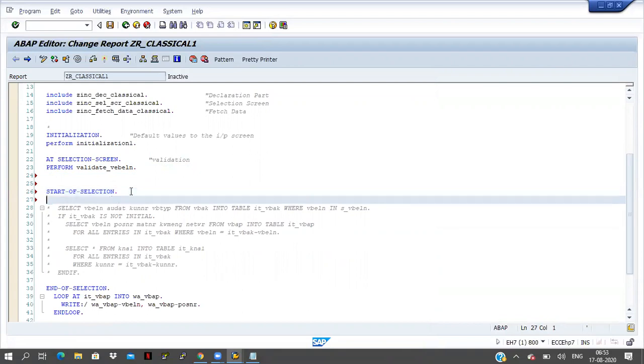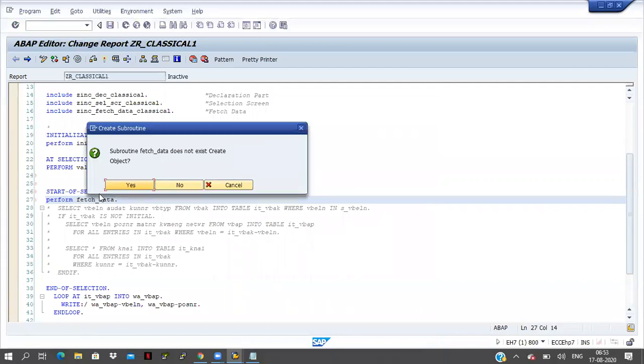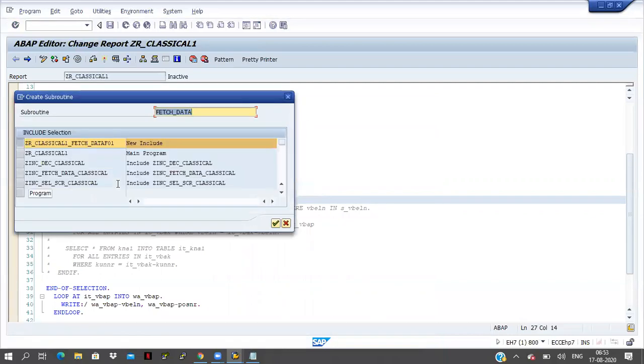And here I will take one more perform, fetch data. Now what I will do: the perform only I'm writing here, the form and endform I did not write anywhere. Now I'm double clicking on this form name, click on the S button, where I have to declare this one.